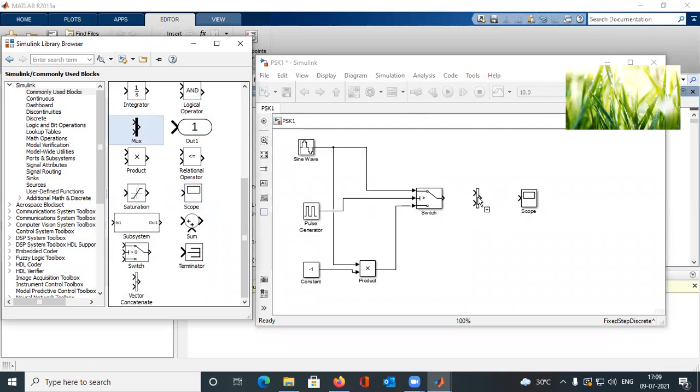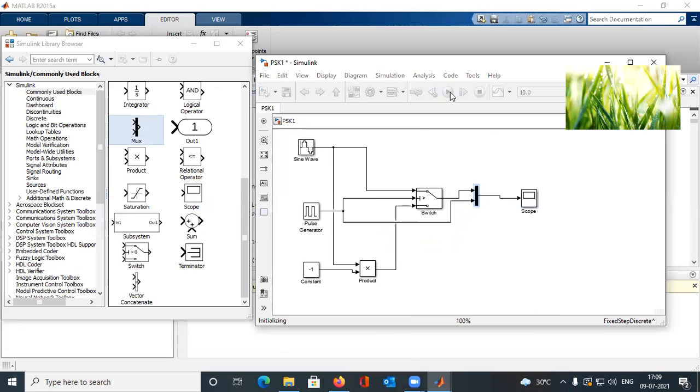Okay, drag and drop, and one input of this mux will be the output signal from the switch, and another input will be the message signal or the pulse, and connect these two.